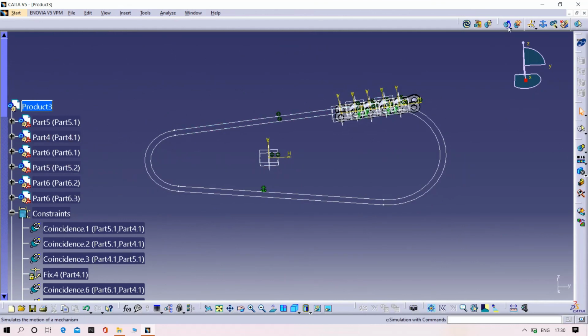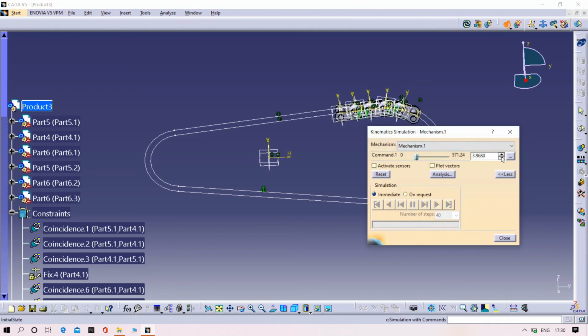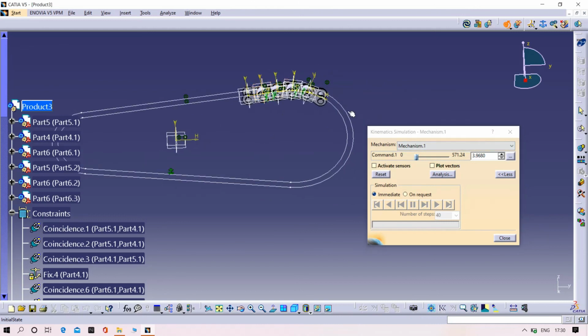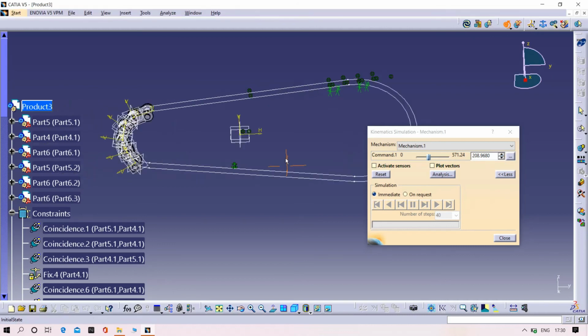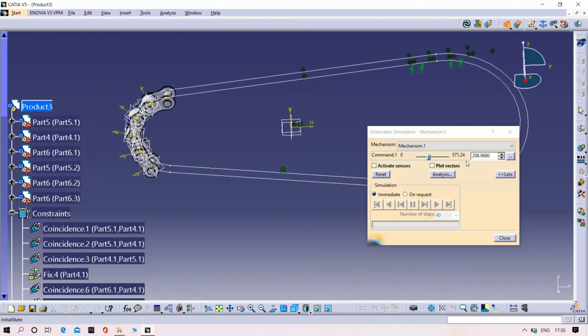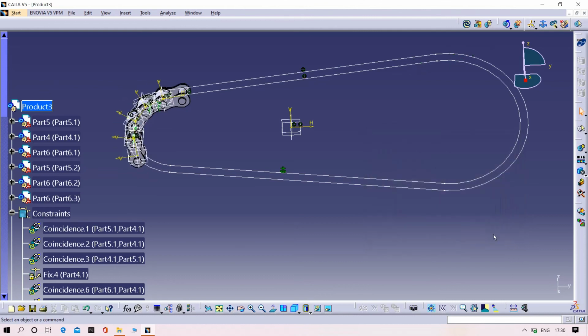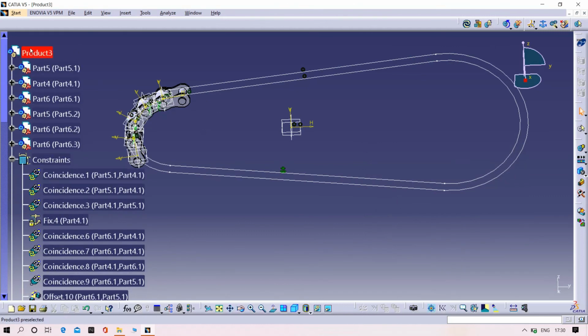Then again try to adjust your links. Try to adjust these links, like here you can adjust. Yeah, adjust it. Then close. Then again